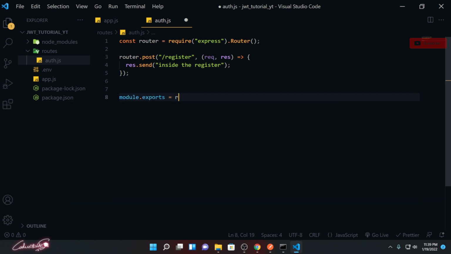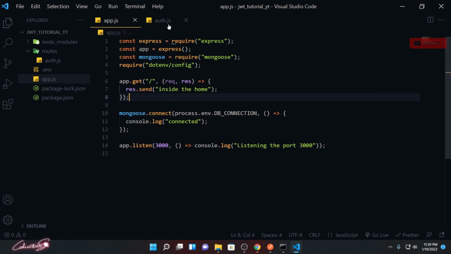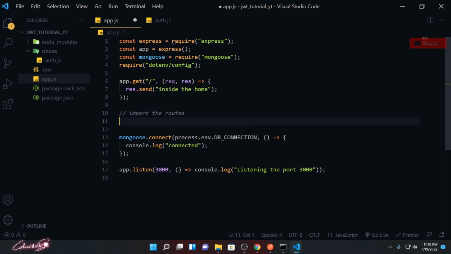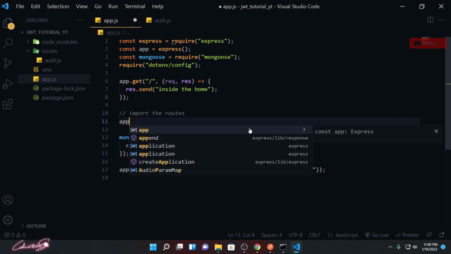Okay, so now this app.js still doesn't have any relation to this auth.js, so we need to use it somehow. Inside app.js, we are going to import all the routes. Here I'm going to use app.use.